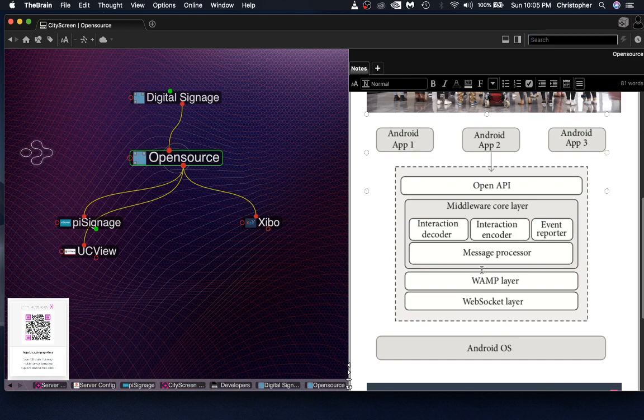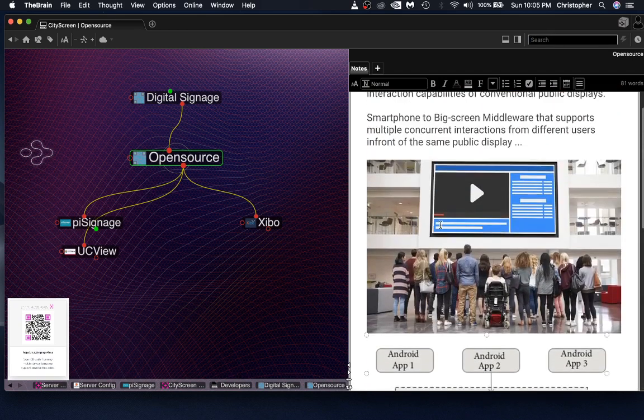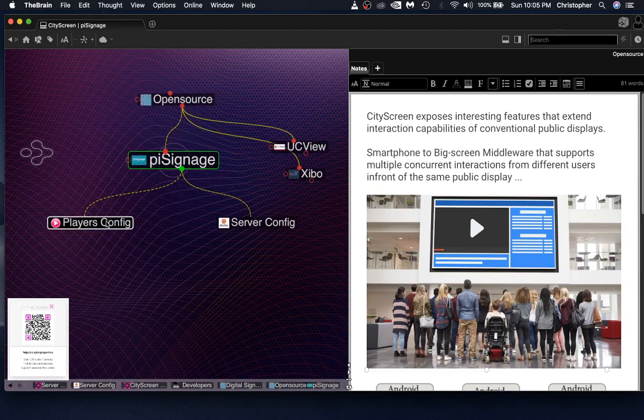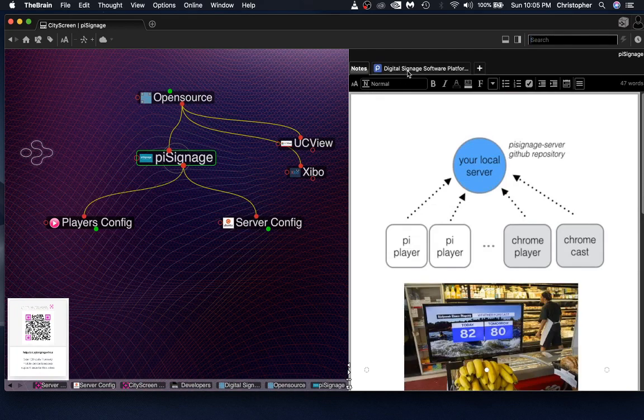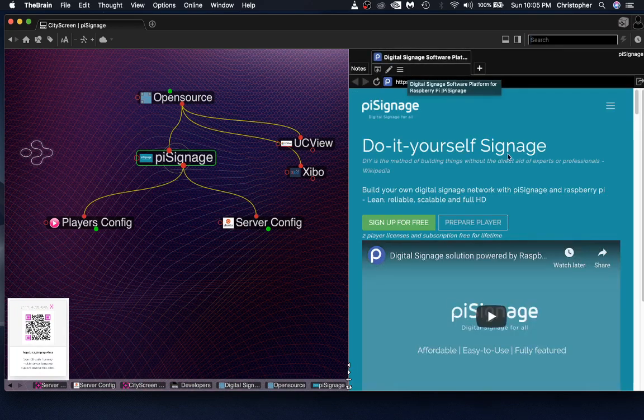This is just a really basic diagram that shows where we would sit in the stack as a middleware, and I won't get into all the specifics of what we're doing right now because that's definitely not the purpose of this particular video. It is to look at the piSignage application. So if you're not already following this tutorial and you arrived here from somewhere else, where piSignage,